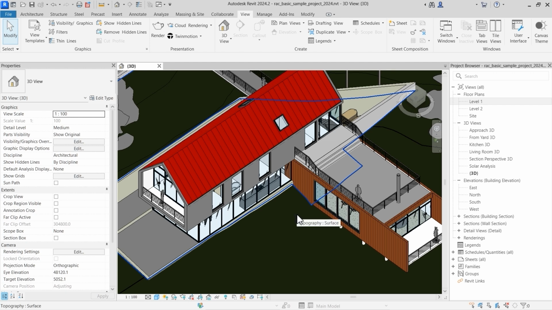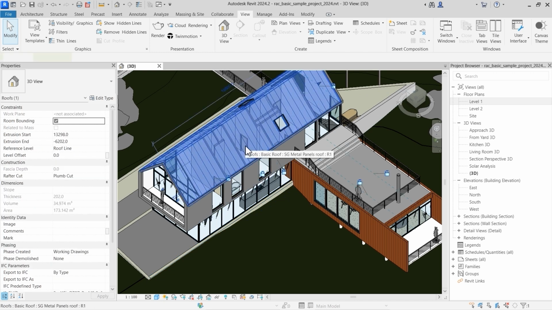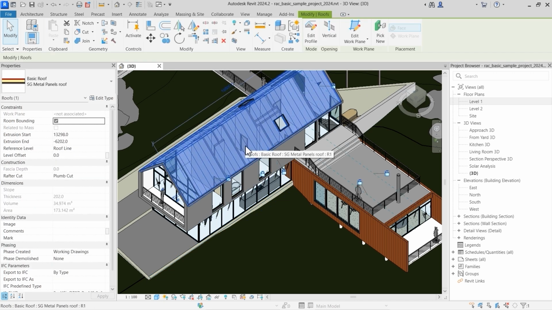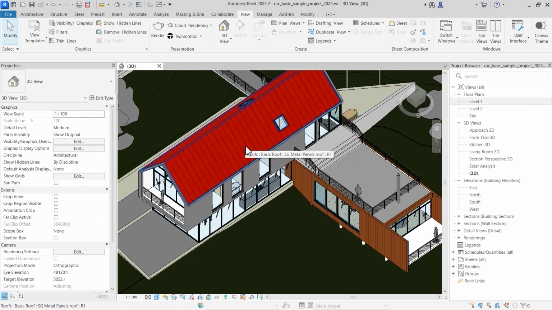When nothing is selected in a 3D view, the Properties window shows the properties of the active view. Once I select an object, the Properties window shows its associated parameters. By pressing the keyboard Escape key, we can deselect the object and see the 3D view's parameters back in the